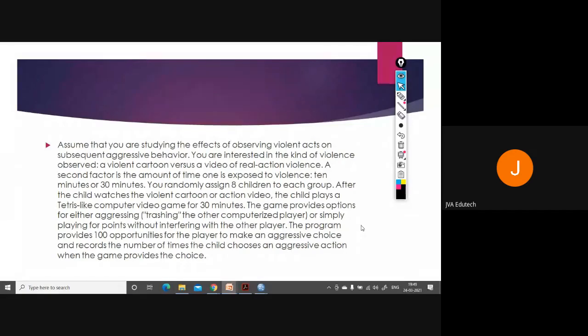So the first factor, let's say A, is the kind of violence, further divided into two categories, violent cartoon and real action violence. Then the second factor is the amount of time children are exposed to violence, so 10 minutes and 30 minutes. So it will be like this. If you formulate it, it will be somehow like this.